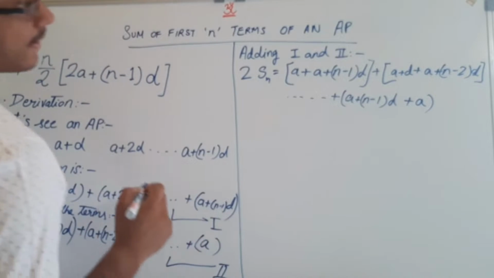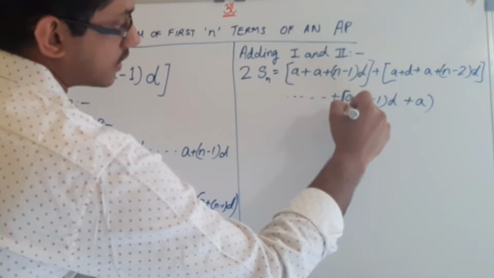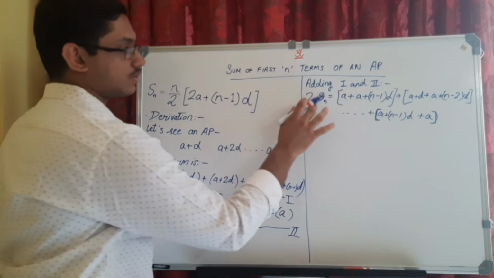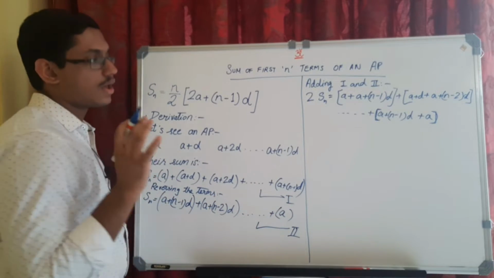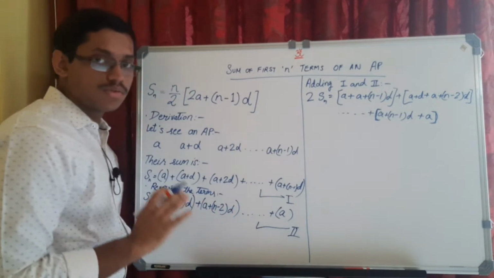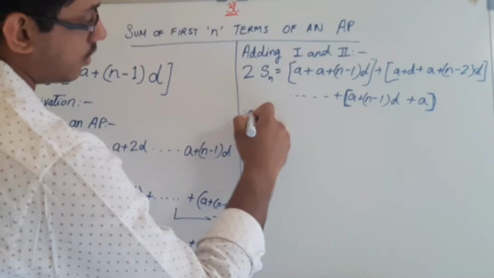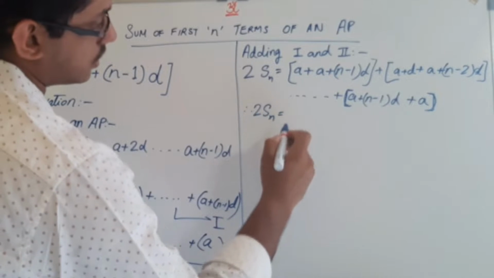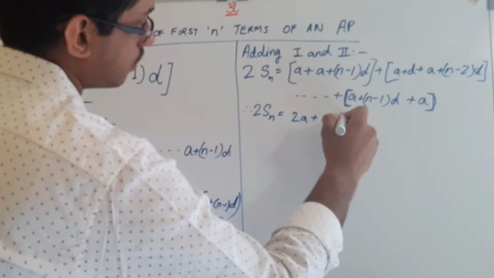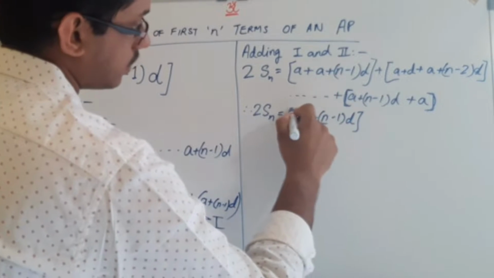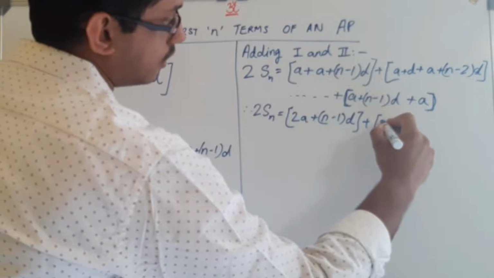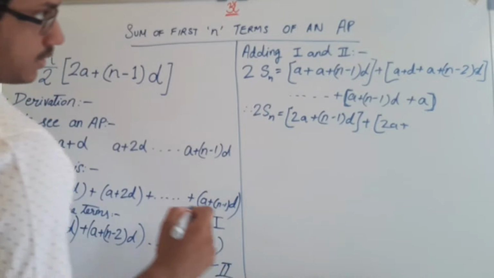Okay, let me put square brackets here. Alright, so we found out. Now what we will have to do is simplify them. So 2Sn is equal to 2A plus n minus 1 d, plus here again 2A plus